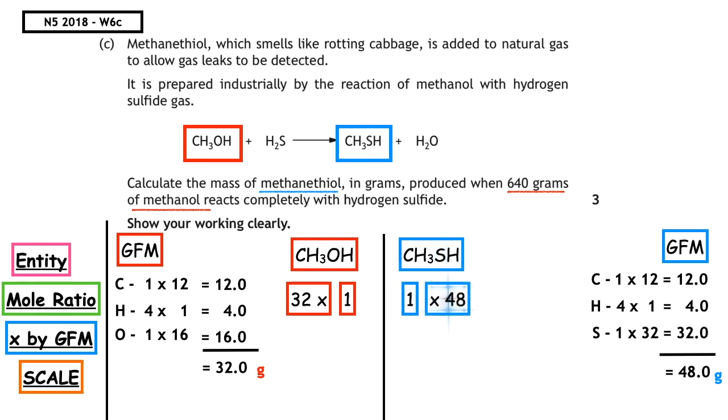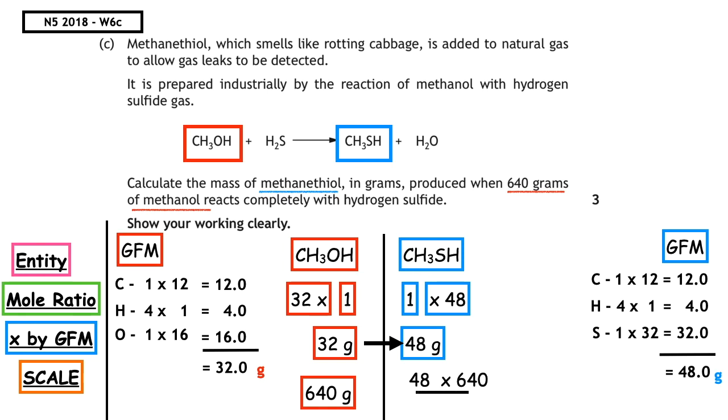We then multiply both sides out. 32 times 1 equals 32. 1 times 48 equals 48. In the question, they've given us 640 grams of methanol. So we do the same unit, same side. We pop the 640 directly underneath the 32 grams of methanol and we do our cross multiplication. 48 times 640 divided by 32 gives us 960 grams